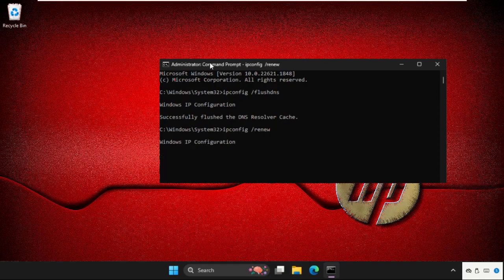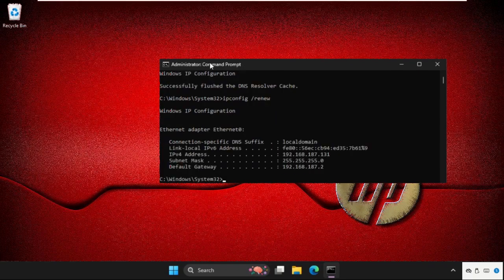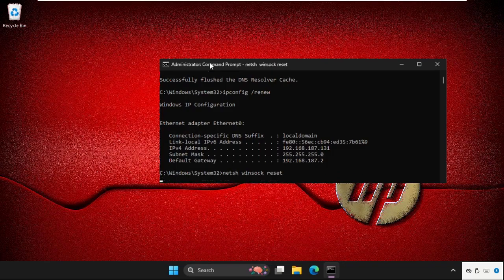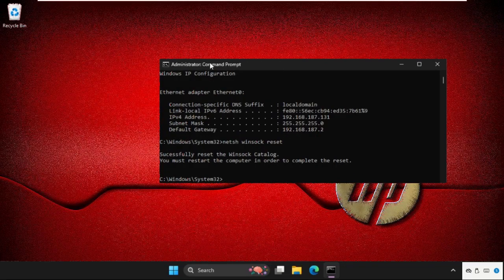and then at the end type in netsh winsock reset and hit enter. Once done, we need to restart the system, but before that we will execute the next method. So type exit